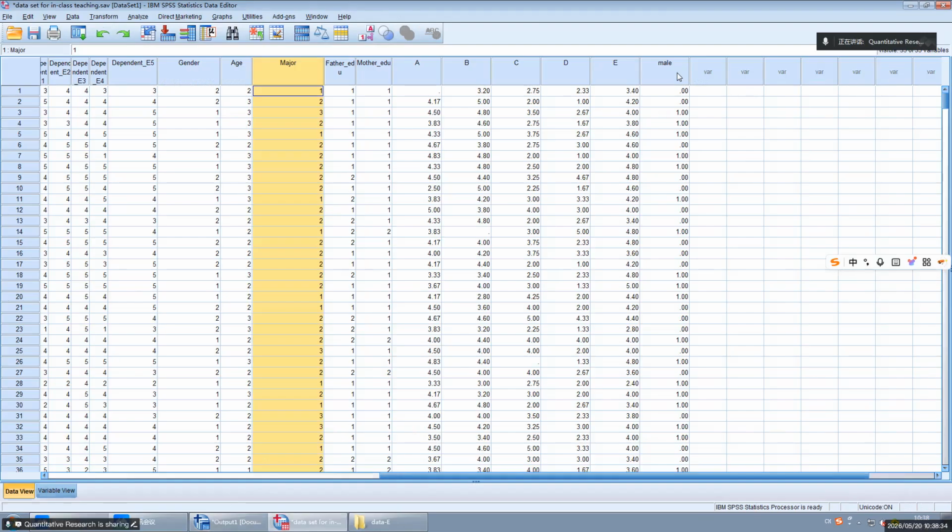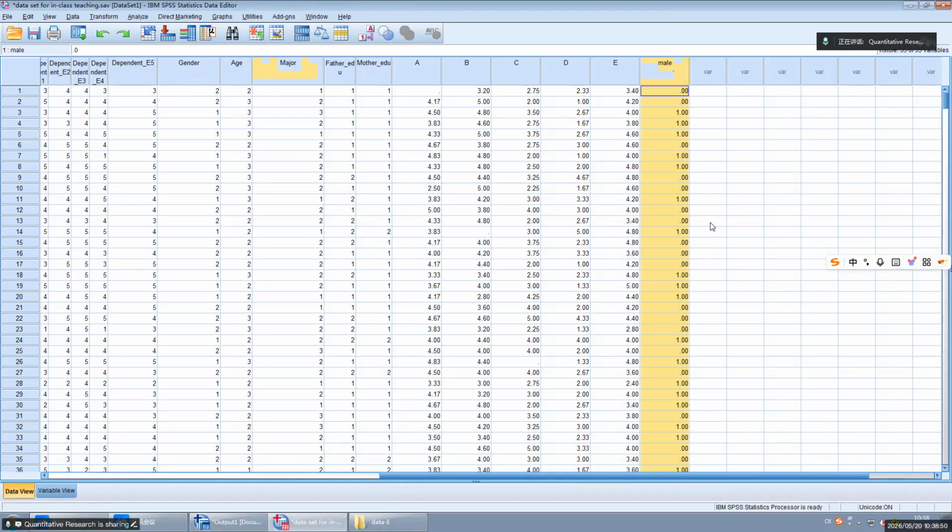Okay, so here you can see a new variable, a dummy variable for male.